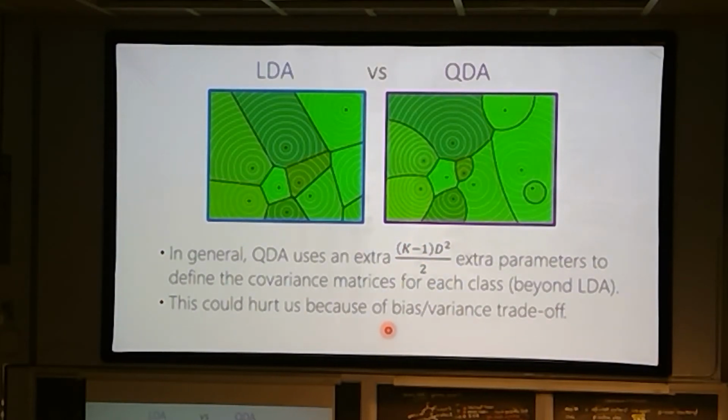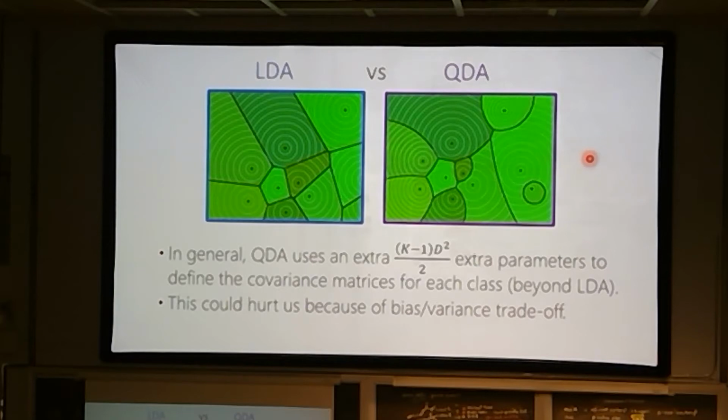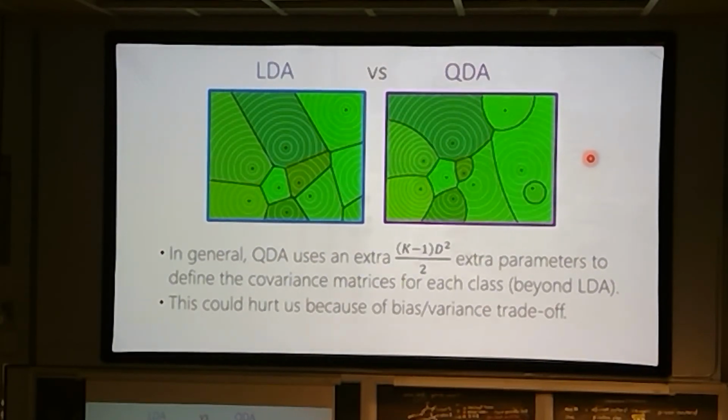As always, you have to decide whether it is worth it to use more parameters or not. That's going to depend on how much data you have and how the bias-variance trade-off plays out. Although we saw a very technical, precise bias-variance trade-off, generally you would assess this using cross-validation. You'd say, let me try it this way, let me try it this way, and see which one works better. Any questions? Okay.